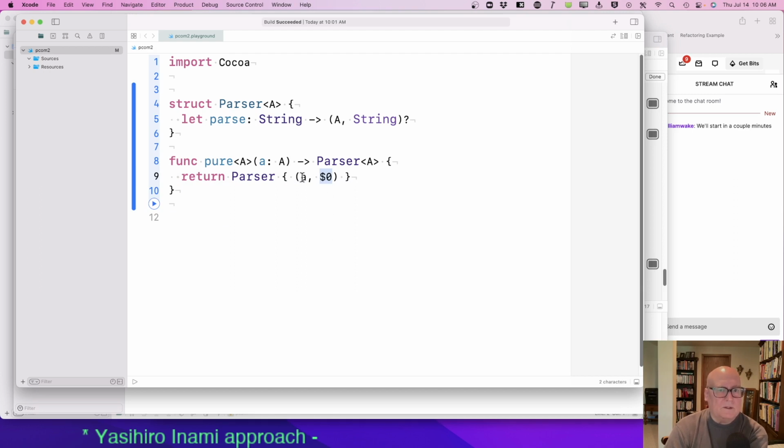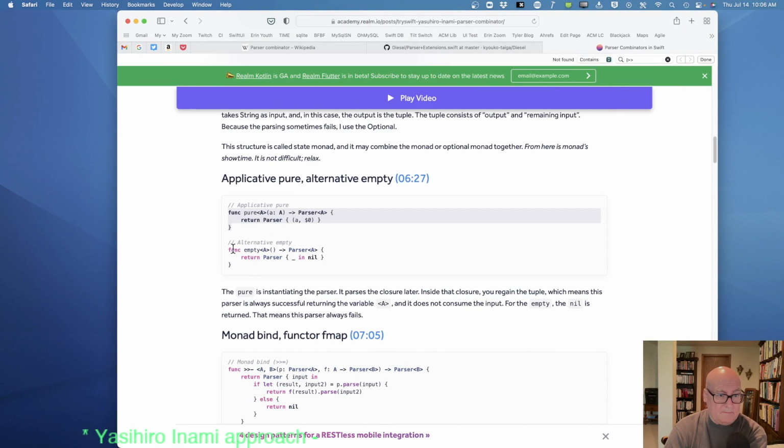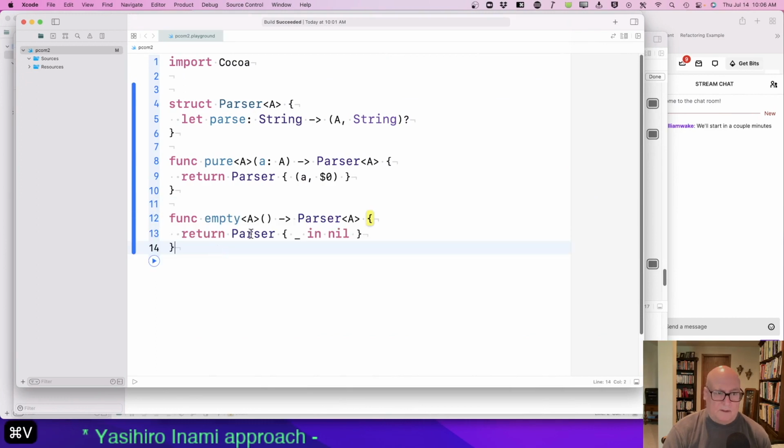We're not touching it. We're just inserting an A in there. And then the next one is empty. And this one says, I fail. So it returns nil, saying this is a parser that always fails.